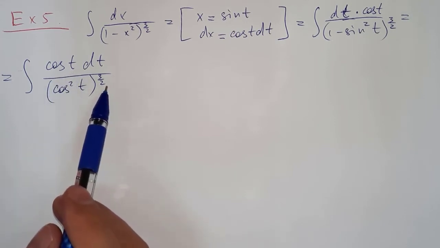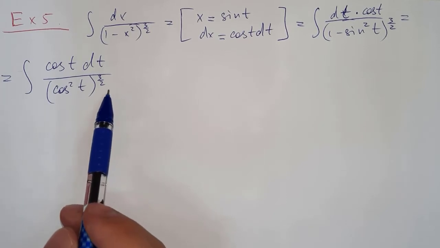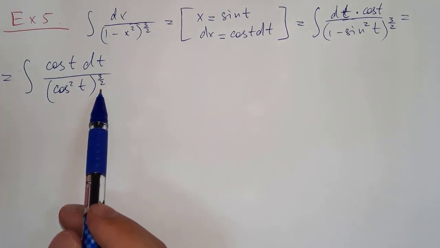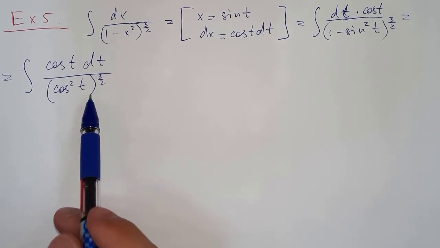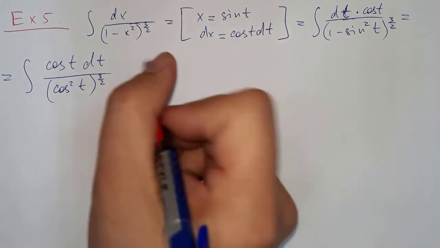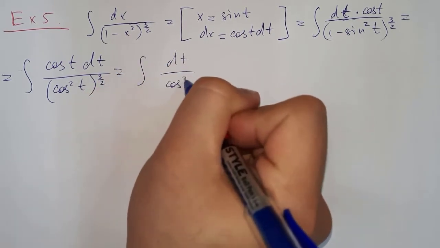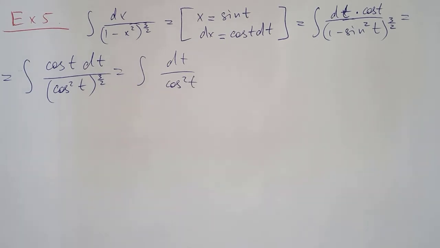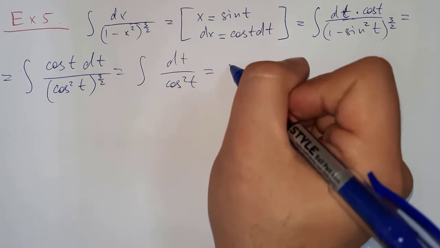So we get 1 dt over cosine squared t, and this is from our table again, it is tangent t